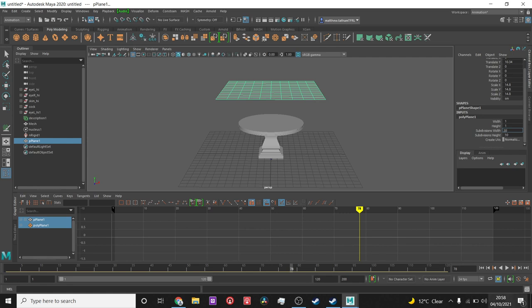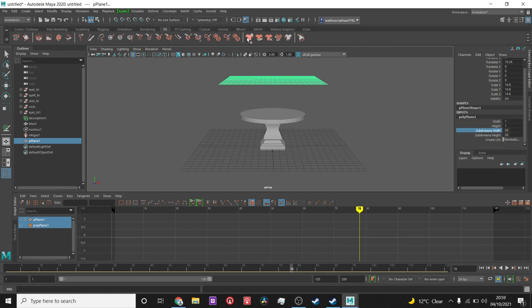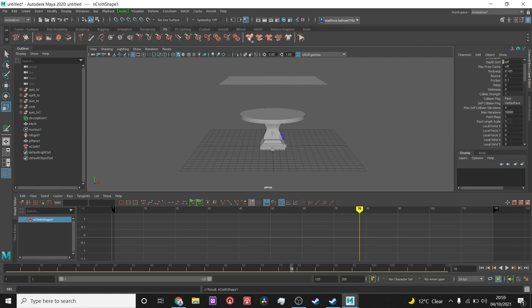I'm going to double up and click on this one because obviously it's a square, so I need to make sure it's the same: 20 and 20. There's loads of geometry now on this. Now if I go back to effects, I'll make sure I've added an N cloth to it. If I drop it now,